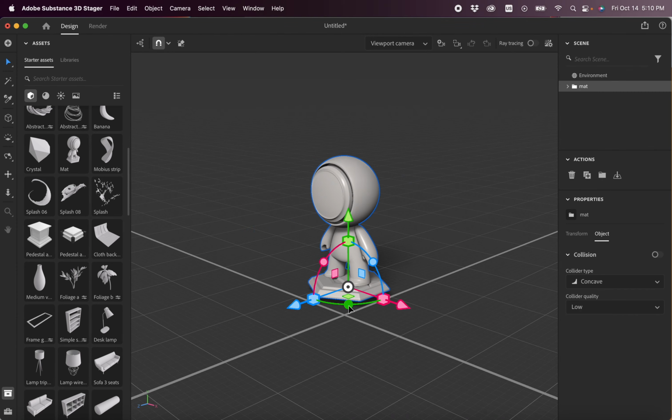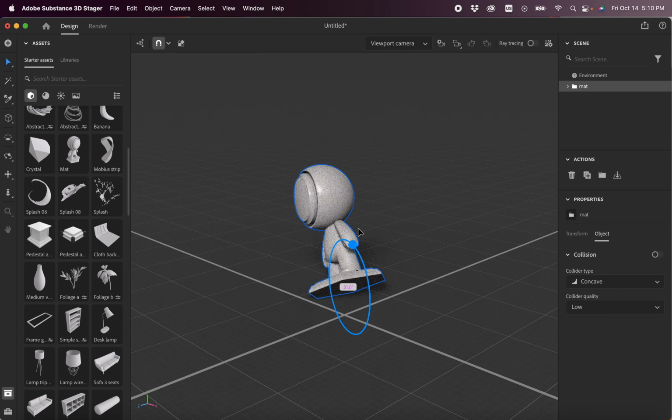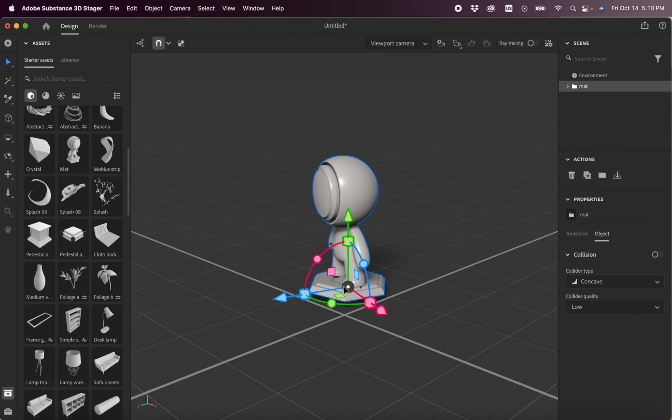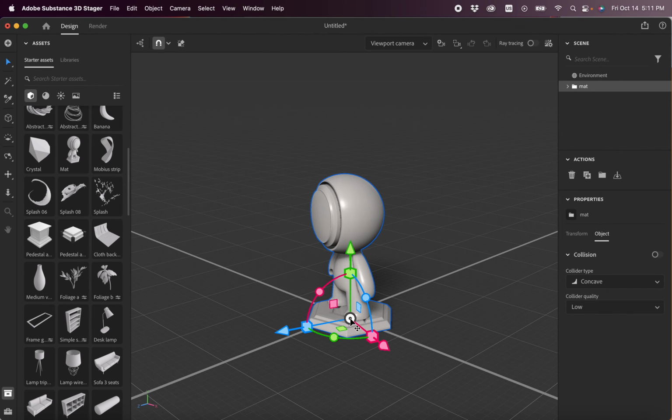And then of course, with the rotations, these are also really fun. You could make it turn towards you, you could make it full, and so on and so forth. Now, the interesting thing that I love about Stager and a lot of the Substance apps is that you can actually move a line based on the surface, which is really helpful because it allows the model to stay focused